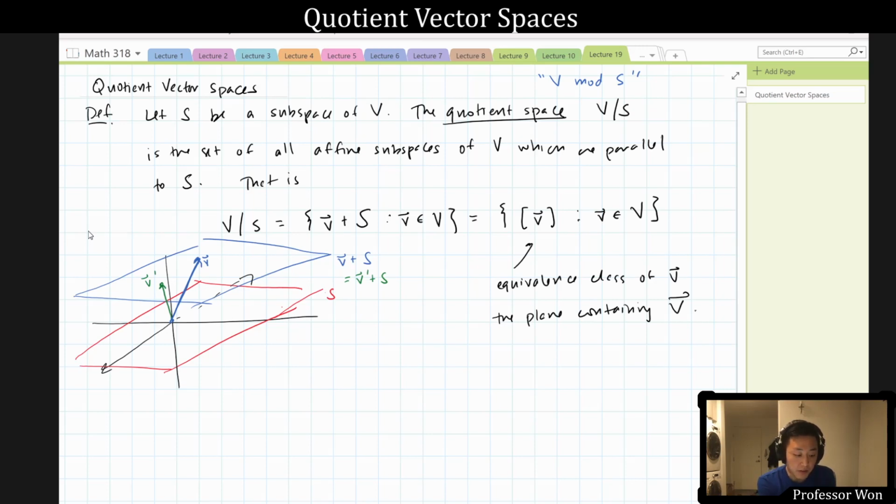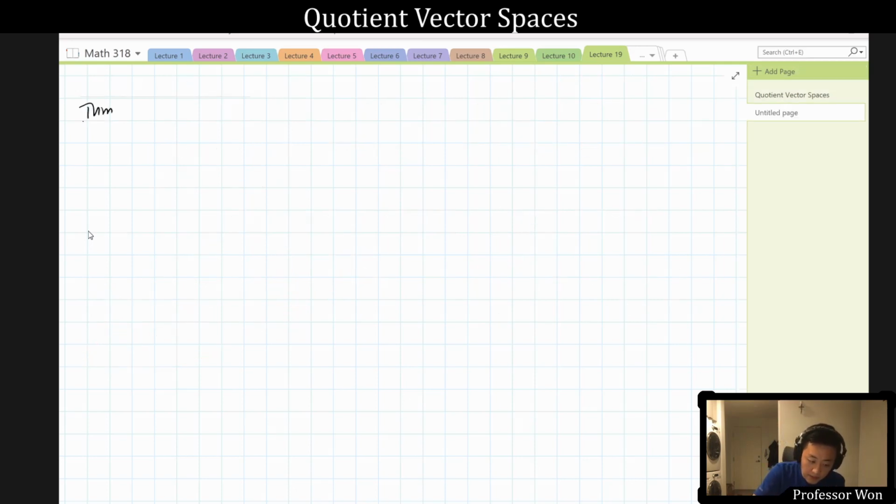Okay, so once you make this definition, I'm calling it a space, which must mean that it has to be a vector space, which means that we need some notion of adding vectors and scalar multiplying vectors. In other words, in this picture, I need some notion of adding planes and scalar multiplying planes. And that's exactly what the next theorem says. Here's the theorem. V mod S is a vector space